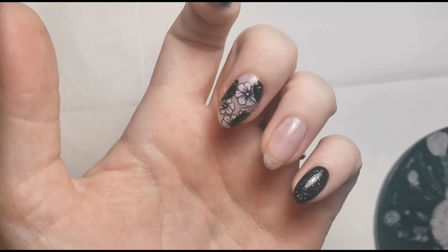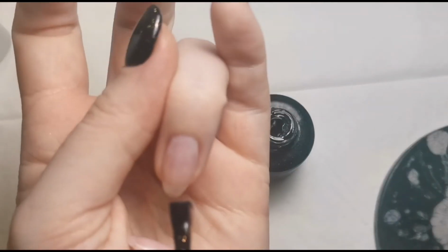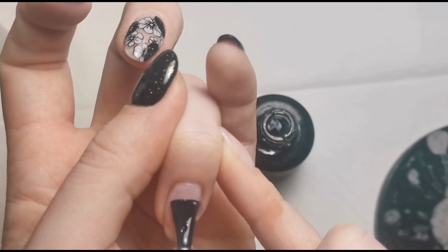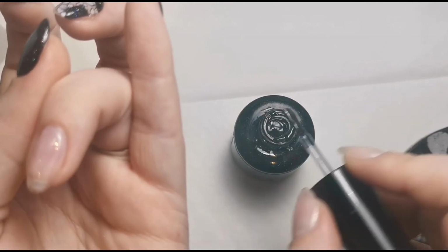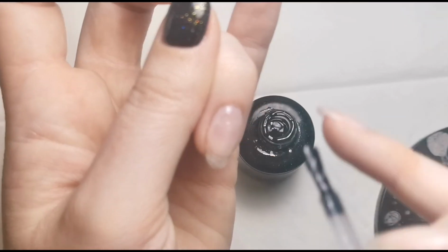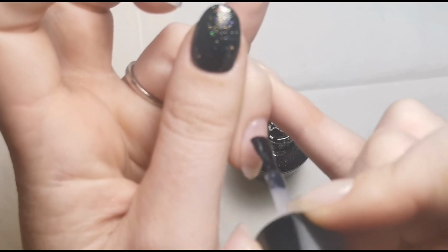I'm going to pop a layer of rubber base coat on that ring finger, because I feel like the problem that I had with that coming off so easily was that I put foil gel straight onto the peely base, and I don't think that's probably the best idea. So I'm going to put this rubber base coat on. This is Super Base. I've got far too much on my brush. This is Super Base from Gel Perfection. I'm just popping a coat of that over the top of the peely base, and that'll be underneath the foil